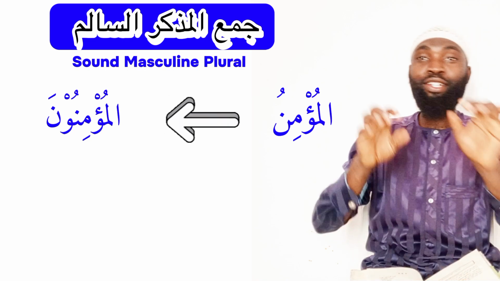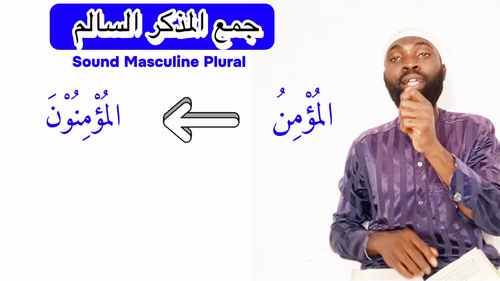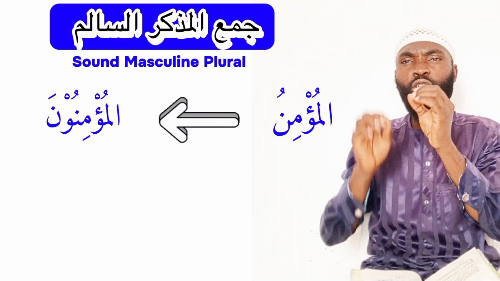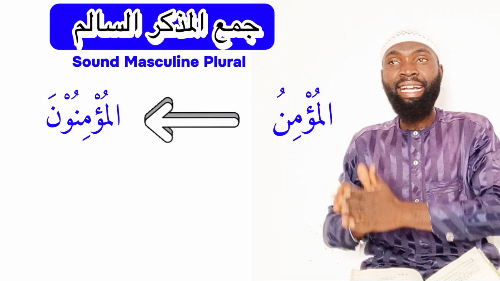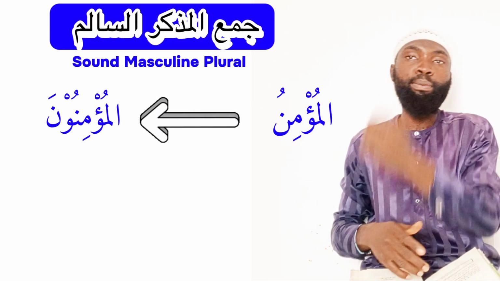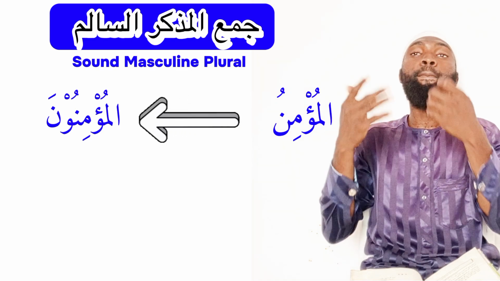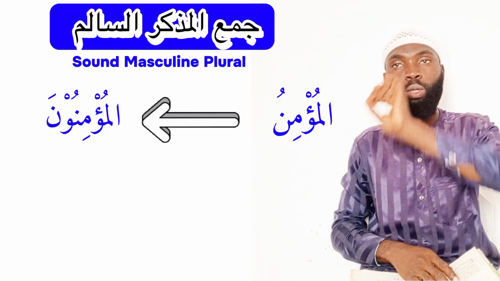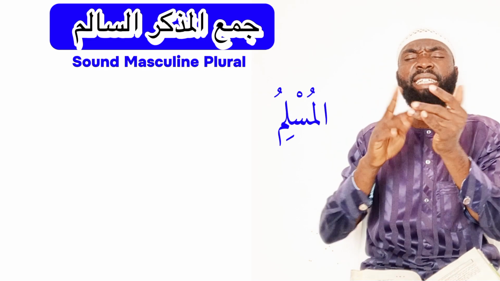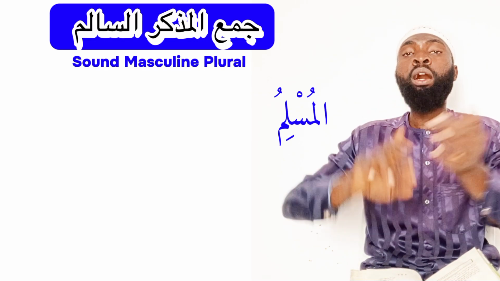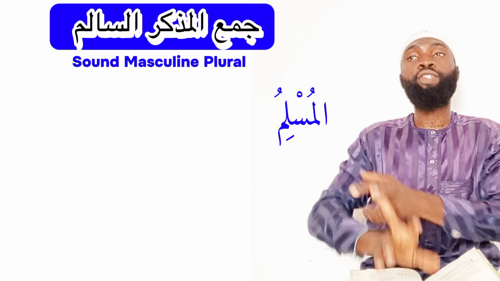al-mu'minuna. And I told you in the previous discussion that the word al-mu'minu, in its original case, ends with dhamma on the last letter. This is like the word al-muslimu. This is like the word muhammadun. Now these words, an example of which is al-muslimu, could end with dhamma or fatha or even kisra, depending